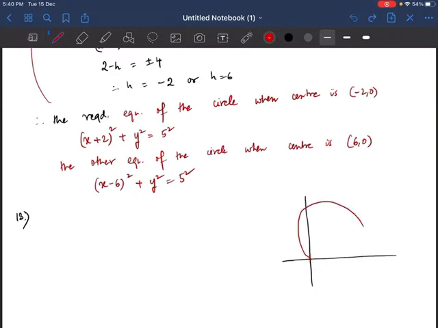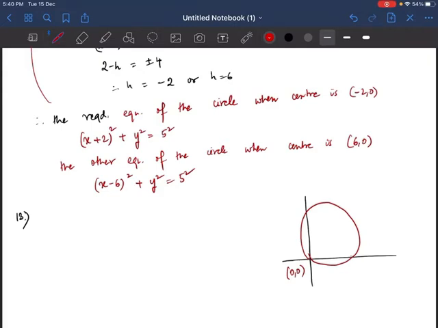We haven't drawn a better circle, we should draw a better circle. So here the circle passes through the origin. So this point is 0 comma 0. Then it says it makes intercepts A and B on the coordinate axis.